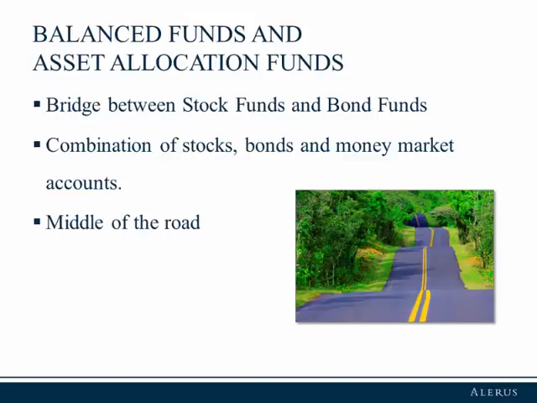Balanced fund and asset allocation funds form a bridge between stock funds and bond funds. These funds contain a combination of stocks, bonds, and sometimes money market type accounts, offering broad diversification within one fund. Asset allocation funds include target date funds, which are designed to align with a participant's retirement date, and risk-based funds, which are managed so that risk levels in the fund stay fairly constant with the fund's stated style, such as conservative or aggressive. Balanced funds aim for the middle-of-the-road approach in the mix of stocks to bonds and can be described as having a moderate investment style.